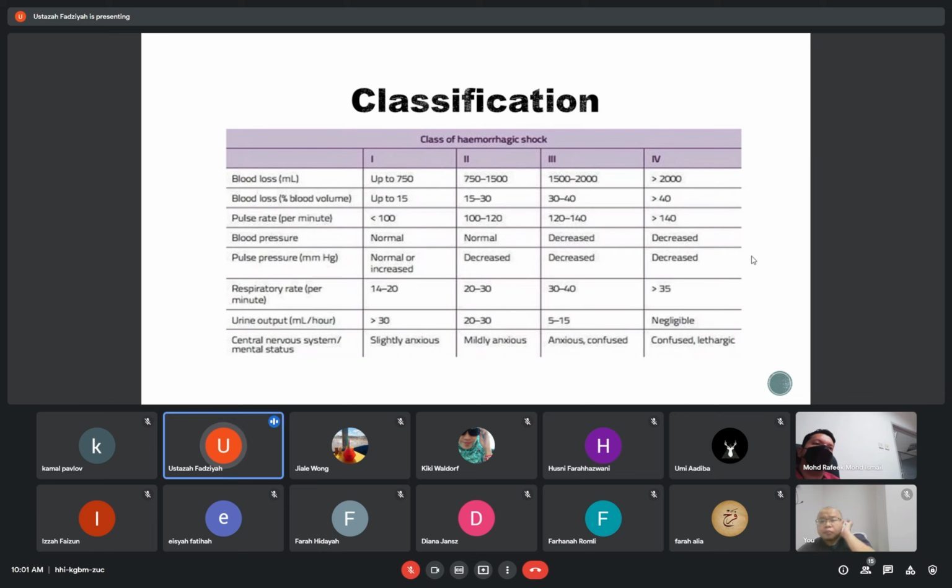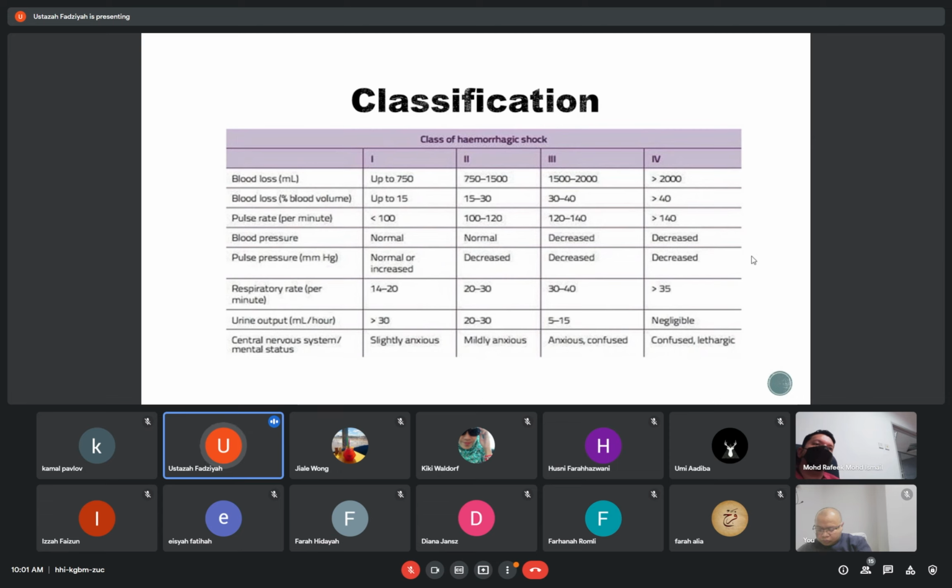So hemorrhagic shock can be divided into a few classes. We have class 1, class 2, class 3 and 4. In class 1, the blood loss is up to 750 and the pulse rate will be less than 100 with a normal blood pressure and the respiratory rate within 14 to 20. Urine output more than 30. For class 2, the blood loss ranges between 750 to 1500 and the pulse rate ranges between 100 to 120 with normal blood pressure but the respiratory rate up to 30,